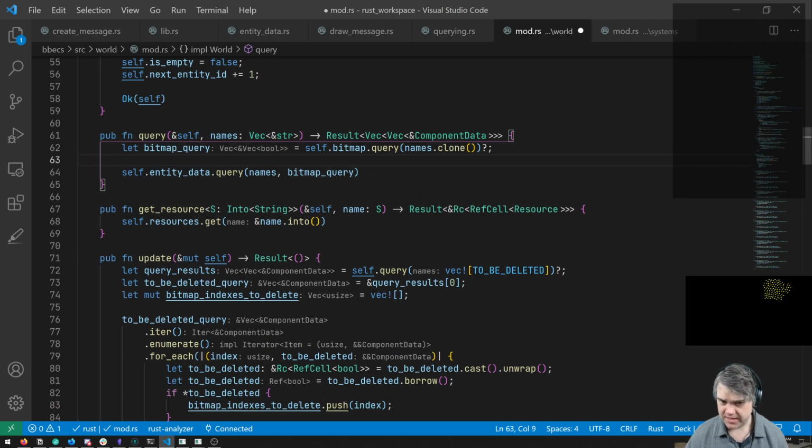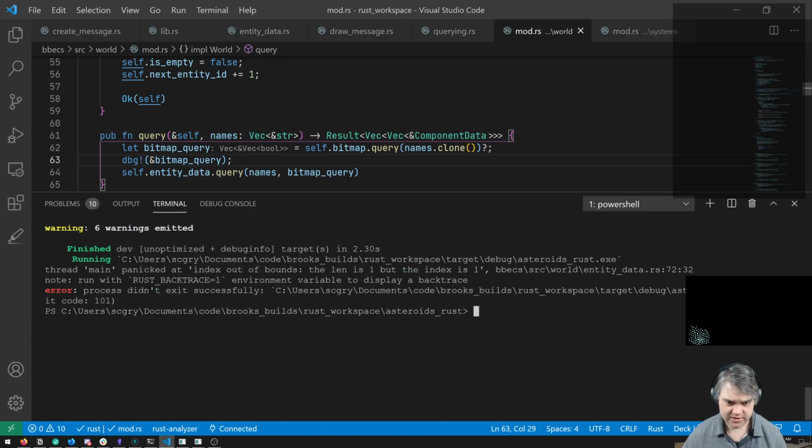I want to debug that, just to see, is it the right shape even?